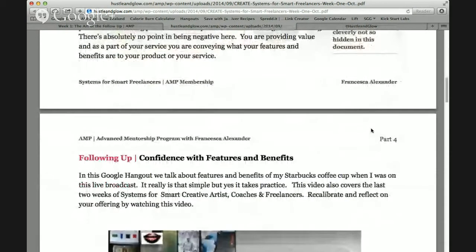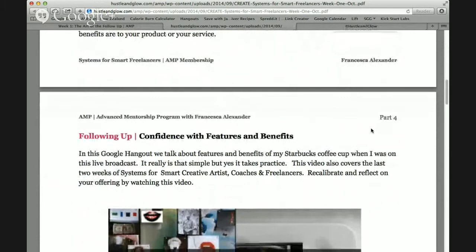So here we go. We're going to go into confidence and features and benefits. We talked a little bit about features and benefits in the past Google Hangout, where we talked about features and benefits of anything. This is like the coolest thing, for me anyway, I really get excited about it, just as excited as I get about my elevator pitch. For some people, it can be a little, I'm not sure if I can do this. But features and benefits, if you picked up an inanimate object, I'm looking at my mouse right now, or maybe you had a stapler,